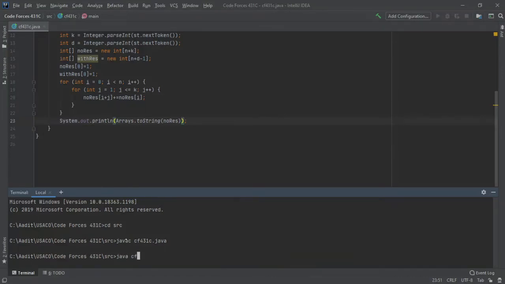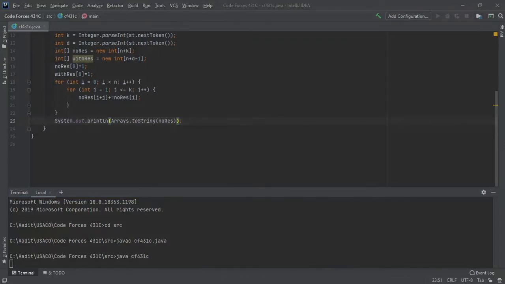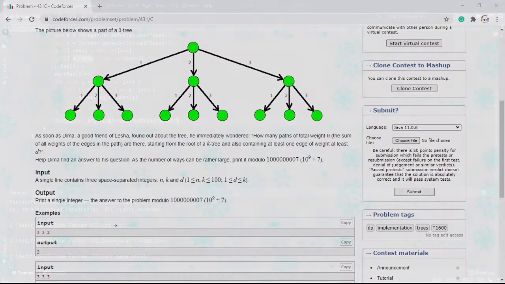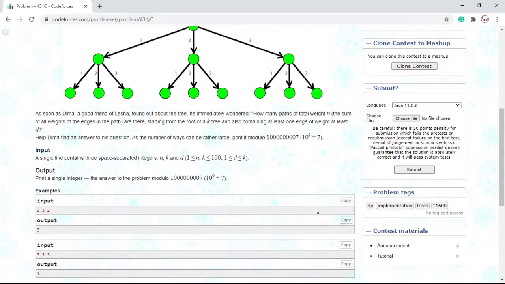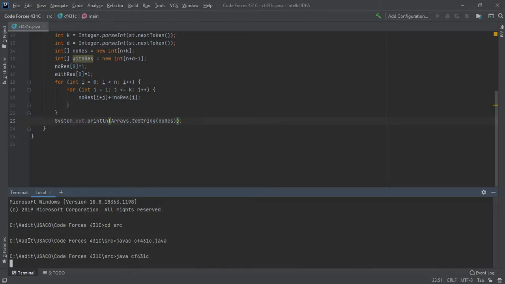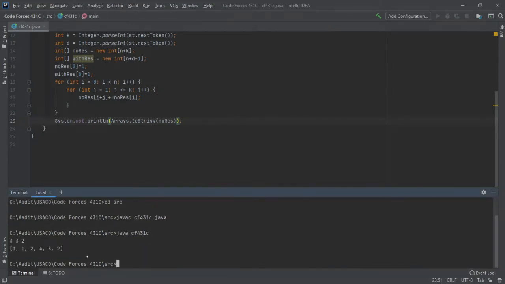And now we just run. So what we'll want to do is copy the inputs. So let's copy this and paste it here. And that'll give us